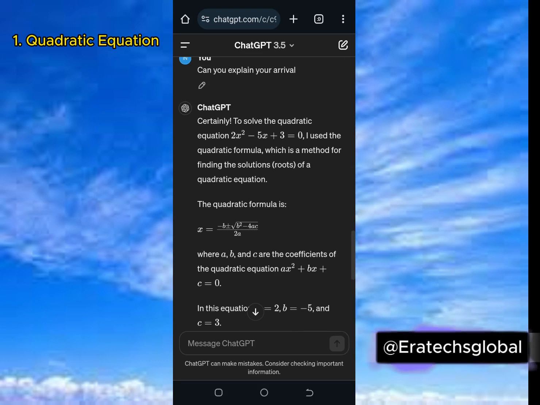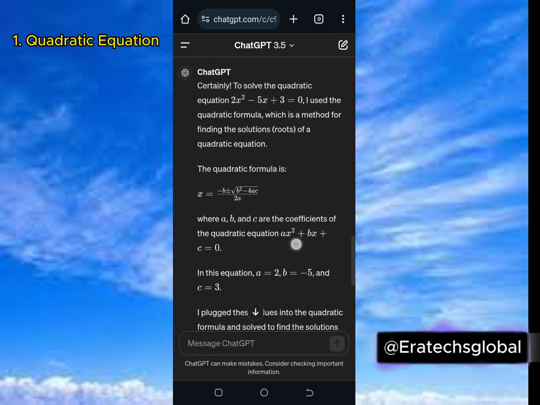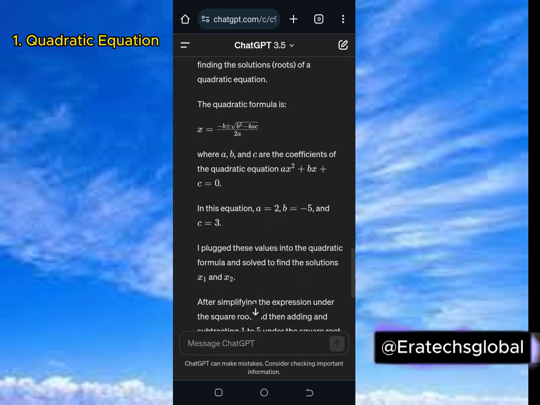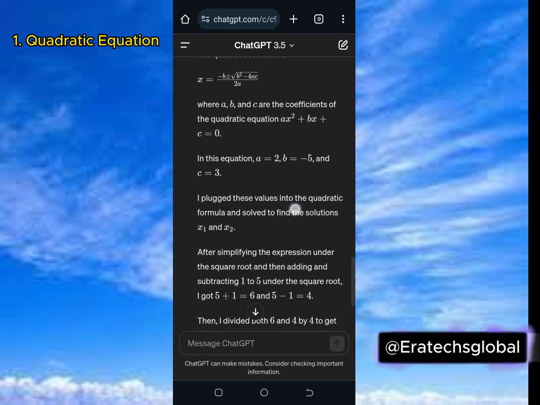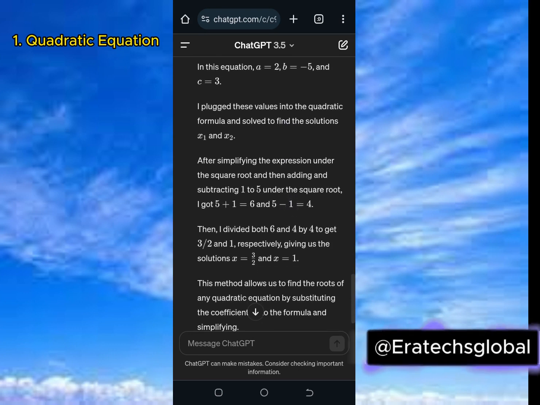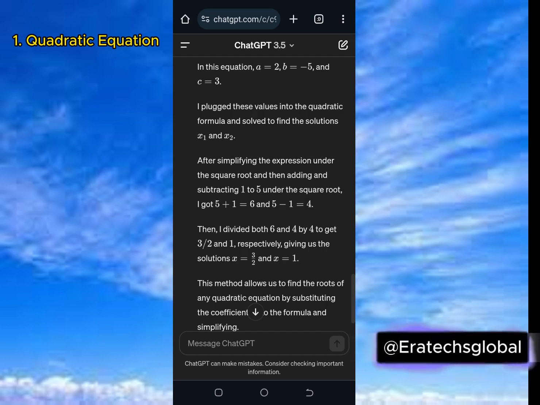Certainly, to solve the quadratic equation 2x squared minus 5x plus 3 equals 0, I use the quadratic formula, which is a method for finding the solutions, the roots of a quadratic equation. That's the formula where a, b, and c are the coefficients of the quadratic equation ax raised to power 2 plus bx plus c equals 0. That is the explanation. You go through it. I plug this value into the quadratic formula and solved